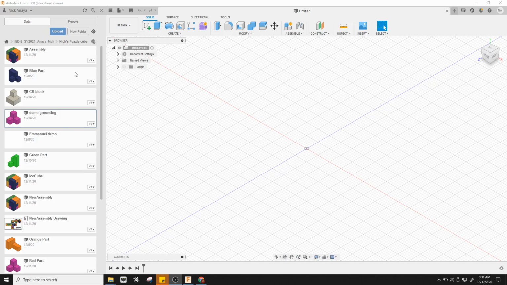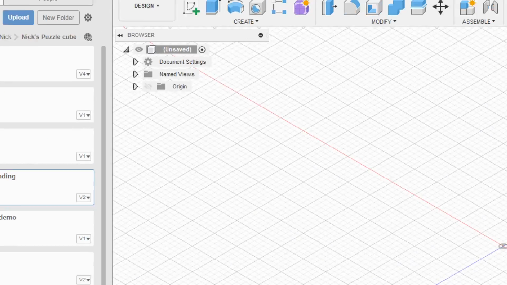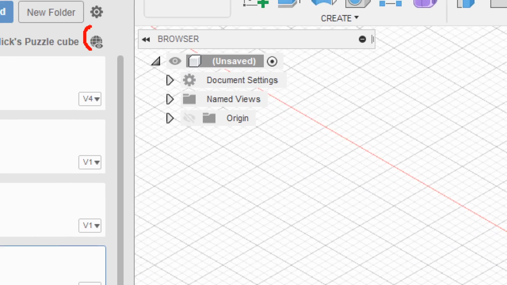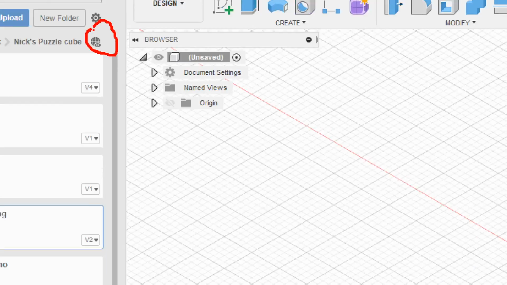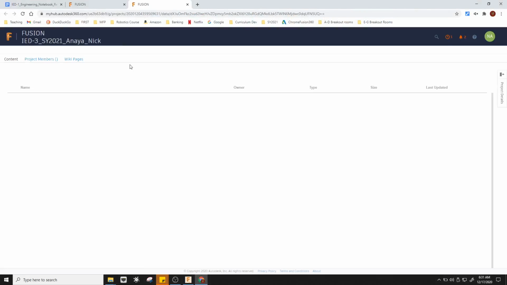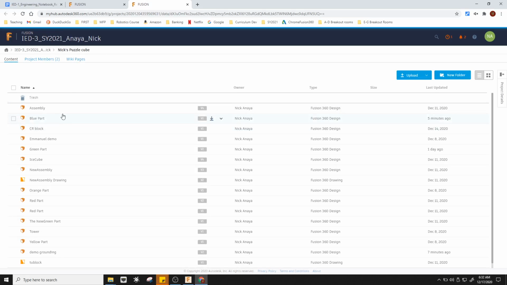So instead what we'll do is click on Open in the Web. There's an icon at the top of the data panel, this little globe with lines and an eyeball. When you click on that, it's going to launch the Fusion 360 site. On the Fusion 360 site, you're going to have all of your files, the same files that were in the